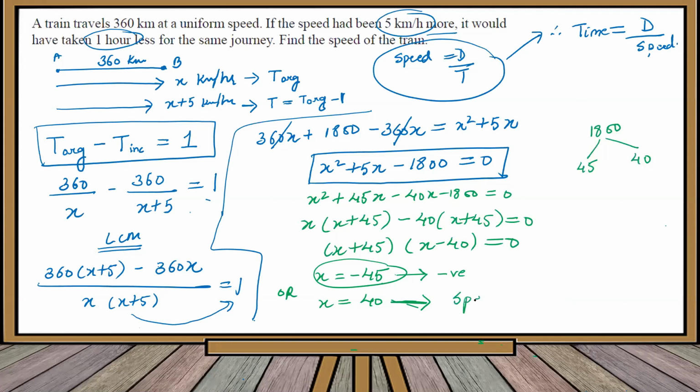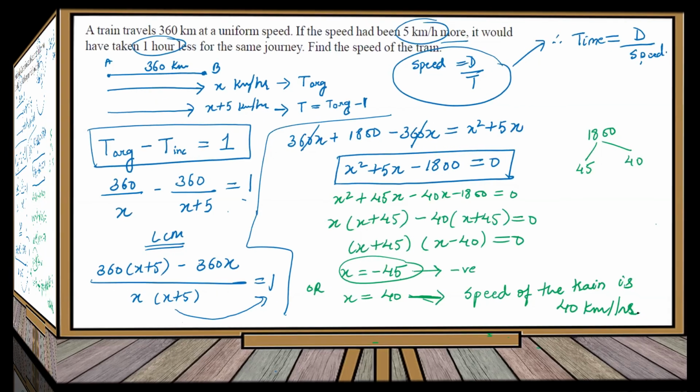So at the end, it is very, very important to write the statement. The statement will carry half mark and gives a good look for the presentation of question as well. Always remember, always you have to write the end statements whenever word problems are being given to you, right? So hence the speed of the train is 40 kilometer per hour. Okay, understood?